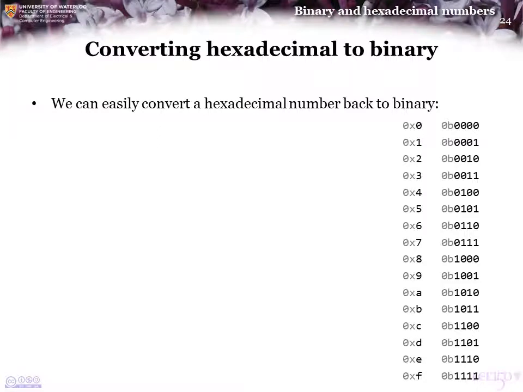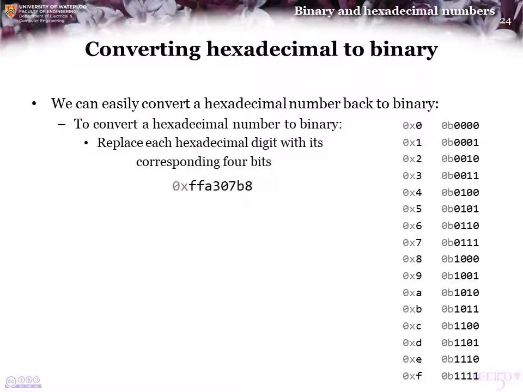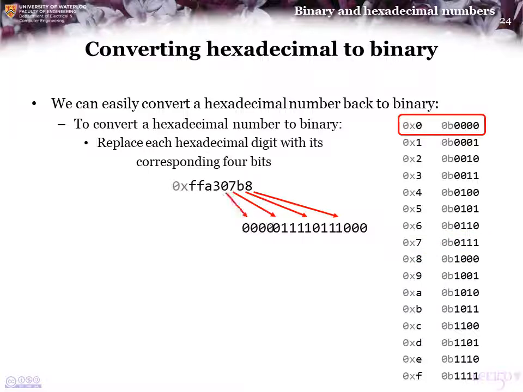We can also easily convert a hexadecimal number back into a binary number. To convert a hexadecimal number into binary, all we do is replace each of the hexadecimal digits with its corresponding 4 bits. So, for example, 8 is 1000, B is 1011, 7 is 0111, 0 is just 4 zeros, 3 is 0011, A is 1010,